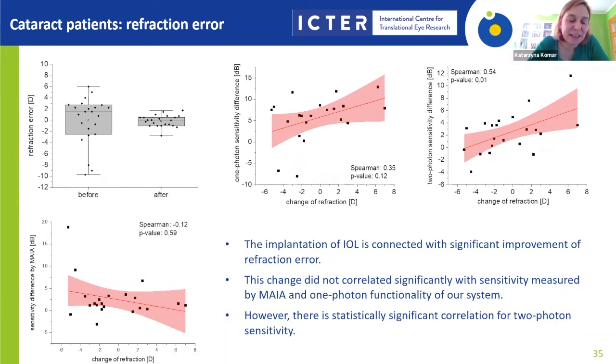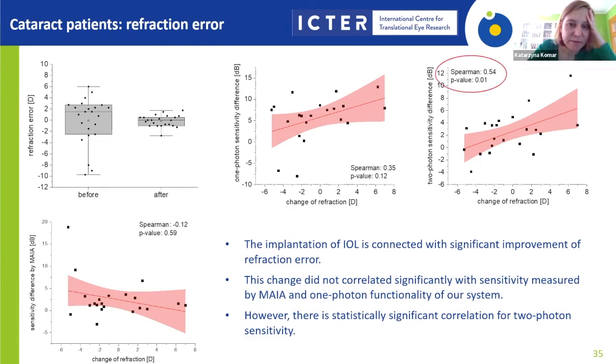But there is another factor that changed after the surgery. It was refraction error, because they had their natural lens removed and implanted another artificial lens, and of course the refraction error was corrected after the surgery. And when we looked for the correlation between this change of refraction and sensitivity measured by Maya, it was not correlated. Change of refraction and sensitivity measured by our system, but this one photon with green beam, was